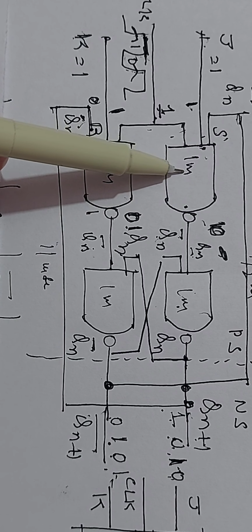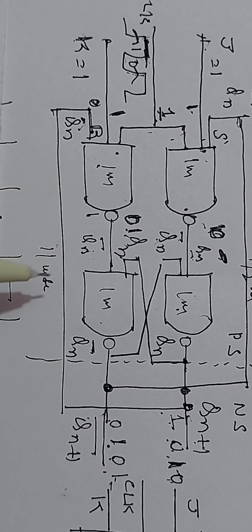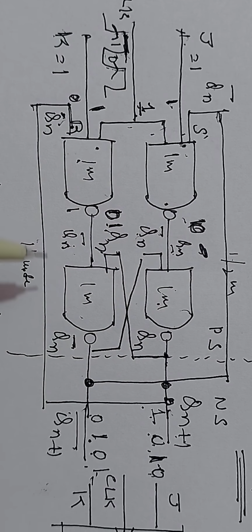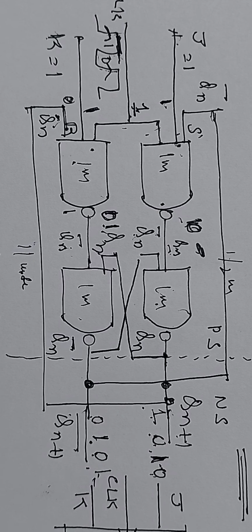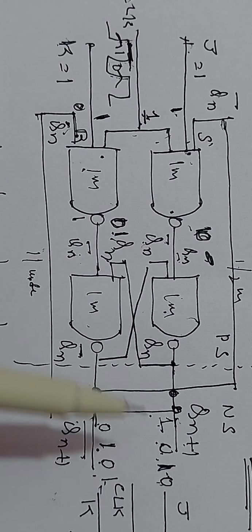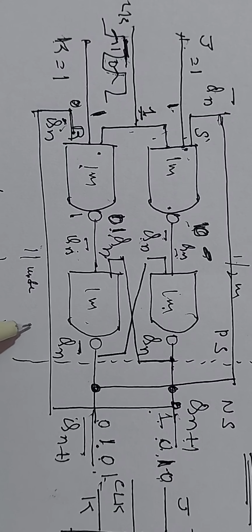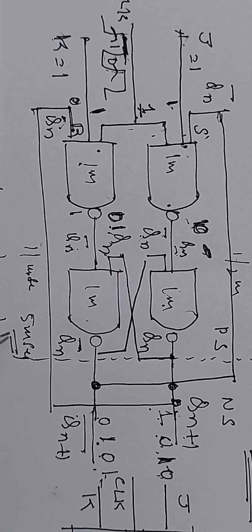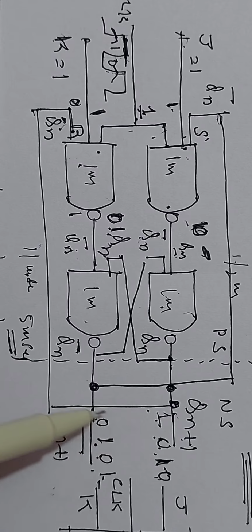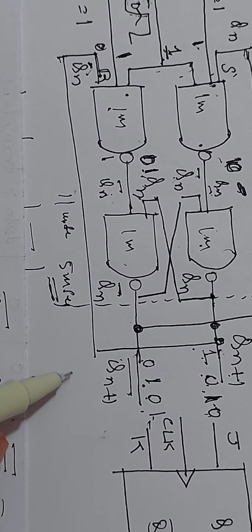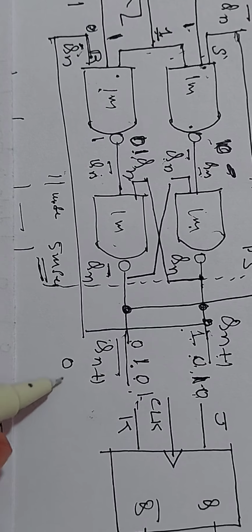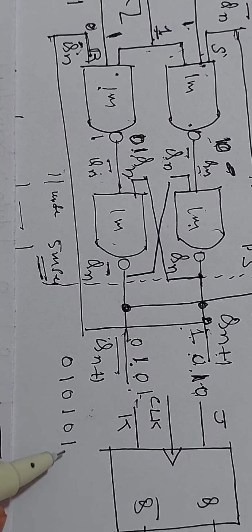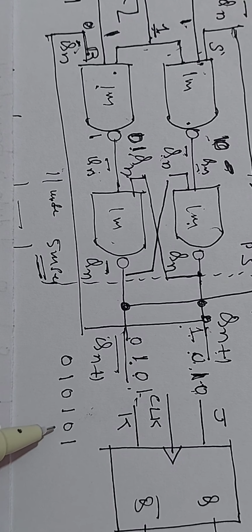Totally 4 millisecond plus half millisecond, totally 5 millisecond. This is called propagation time. If you apply input here, to get the output you need totally 5 milliseconds. This is an example. That means for every 5 milliseconds, the output continuously changes. First output remains 0, then it goes to 1, again it goes to 0, again it goes to 1, again to 0, again to 1. That is, race around condition is obtained.